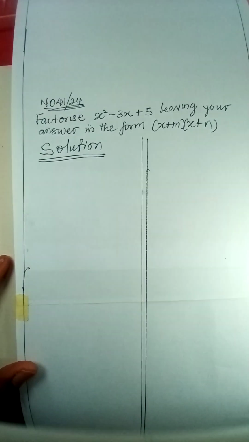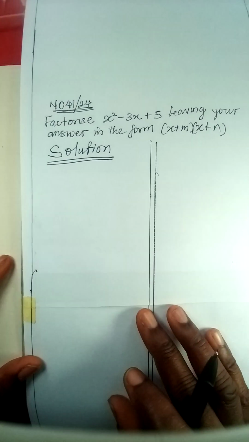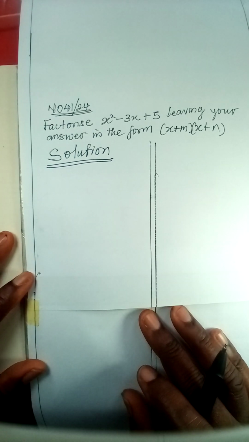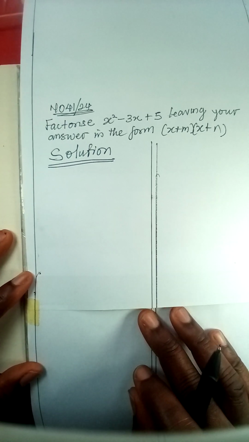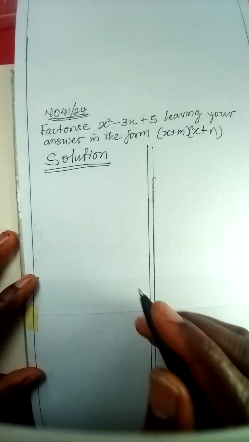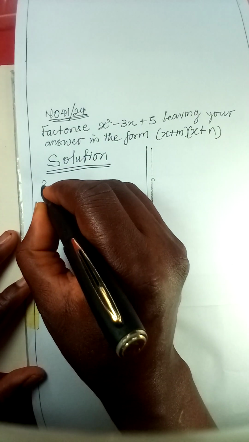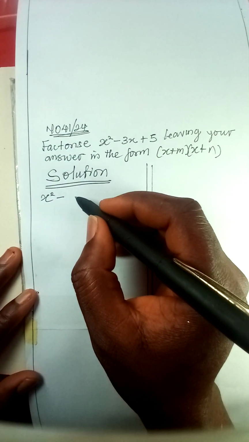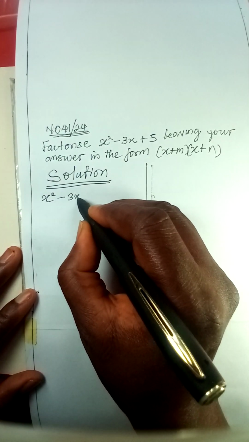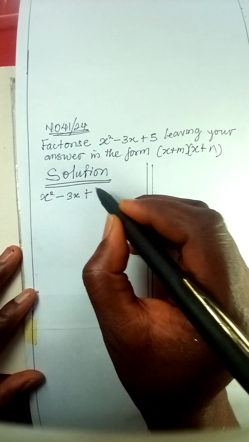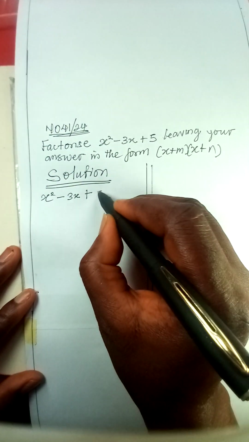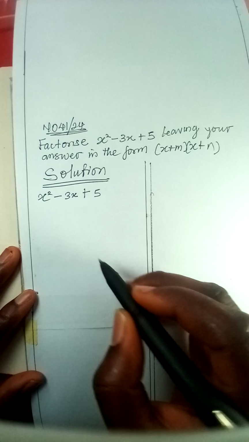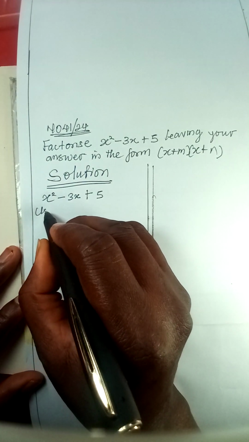All right, let's see. We are required to factorize x squared minus 3x plus 5. First of all, let me write the question. x squared minus 3x plus 5. Now, if you use discriminant,